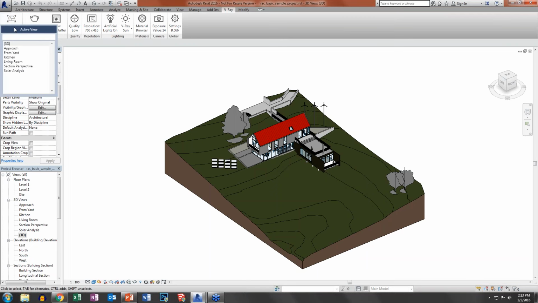So in addition to a standard interface, we've had to put in a way for us to see the active views that are inside of Revit. And so what we're doing is we're parsing the Revit database and pulling up camera views as well as additional 3D views that exist inside of the Revit database. You can actually type in, if you know exactly what you're looking for, keywords and start to get to the views that you're looking for, or you can select what view you want to render from